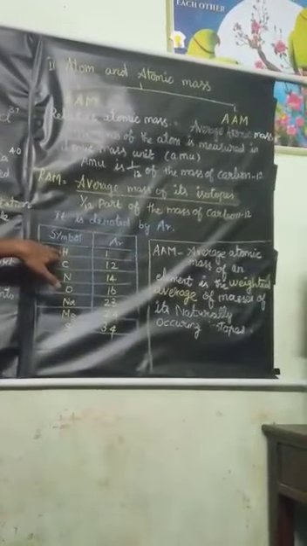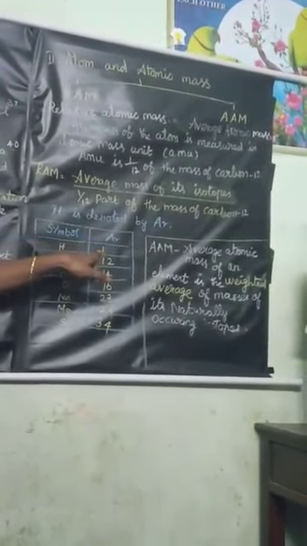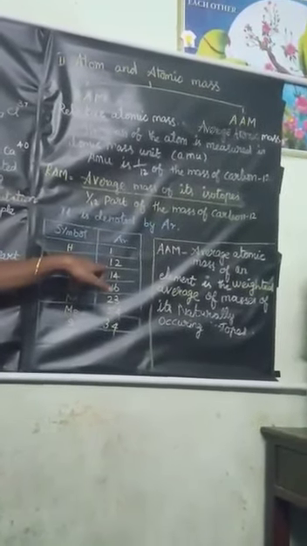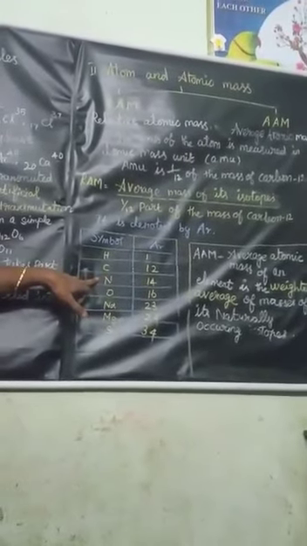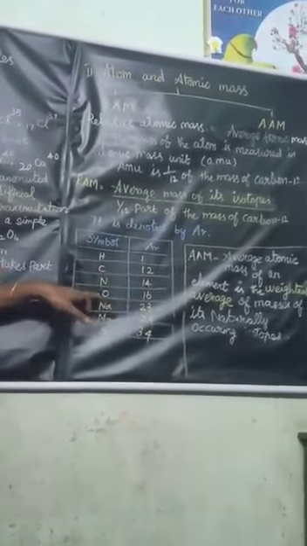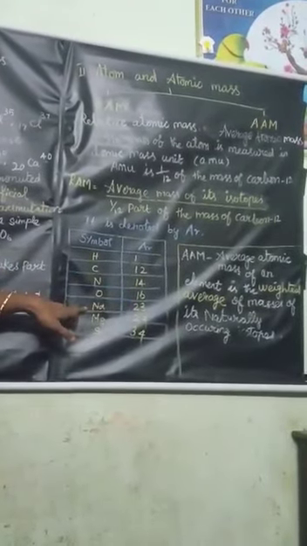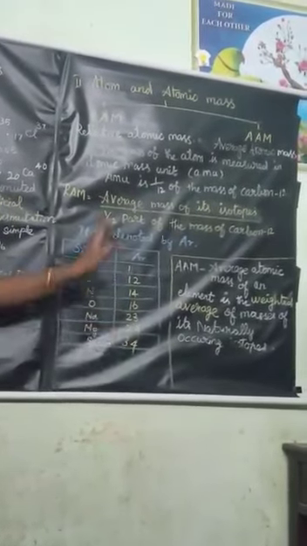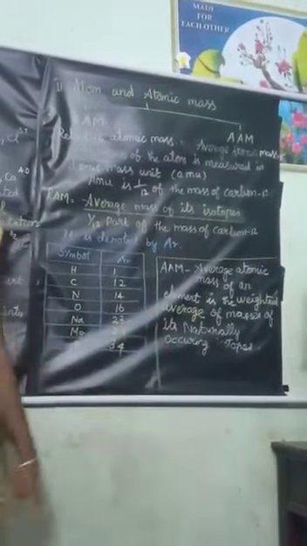First H. H means hydrogen. What is the relative atomic mass of hydrogen? 1. Next C. C denotes carbon. So carbon, what is the relative atomic mass of carbon? 12. Okay. N. N stands for nitrogen. The atomic mass is 14. And oxygen 16. Na sodium 23. And Mg magnesium 24. And then S sulfur 34. Some of the relative atomic masses are given in the table. Students, you must note everything, because using this we are going to do some numerical problems. Okay, according to chemistry, the numerical problems are equally important as the questions. So these are very important, right?